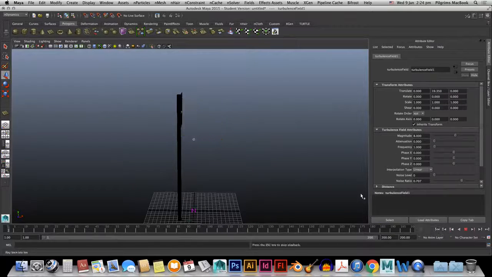If you click over here and just start playing, as you can see, now the shape of the flag has totally changed. You can play around with the magnitude. If you want to decrease the irregular shape of your flag, you can decrease the value of magnitude, and make sure it does not go to minus, just put it between 0 and 10. If you need more roughness on your shape, you can go above 10. So right now I will just put around 3. I think 3 would be fine. Let's have a check.